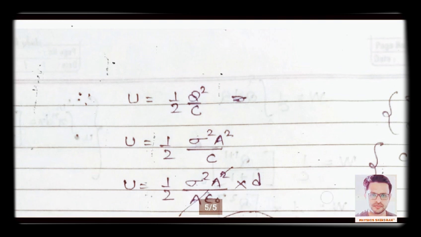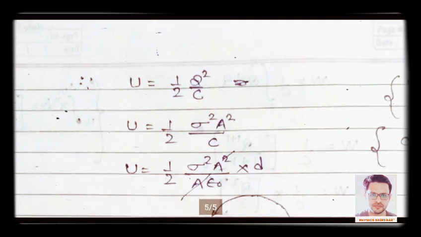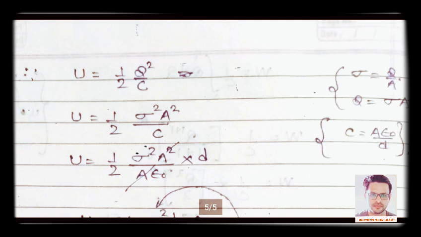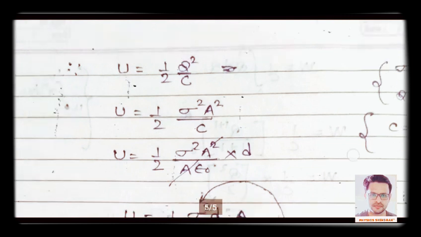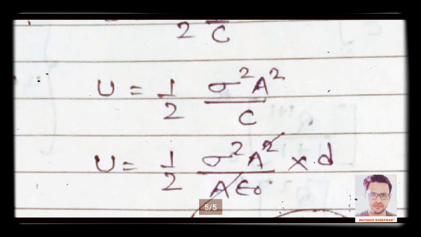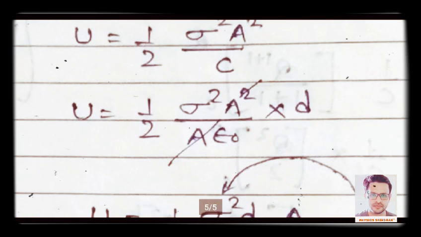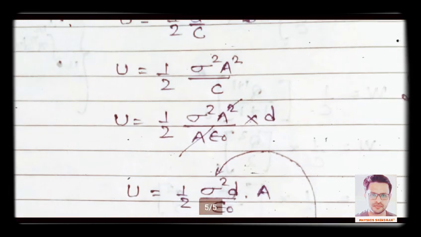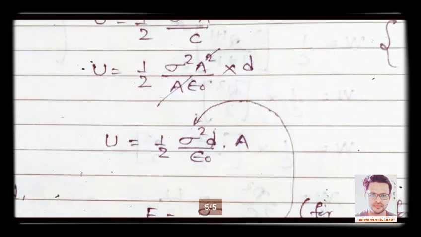All right, so let's find it. You know, the energy stored by the capacitor is half Q square by C, but Q you already know. As you already know, see on the right side, surface charge density. Okay, charge density equals charge per unit area. From this you can get charge equals sigma into A. So just put this value in place of Q, so it will be this expression. Okay, now again you have to put the value of capacitance. If you put the value of capacitance, you can say it will be A epsilon by D. See on the right side, you can put this value in place of C, and some quantities will cancel out and you will get this formula.